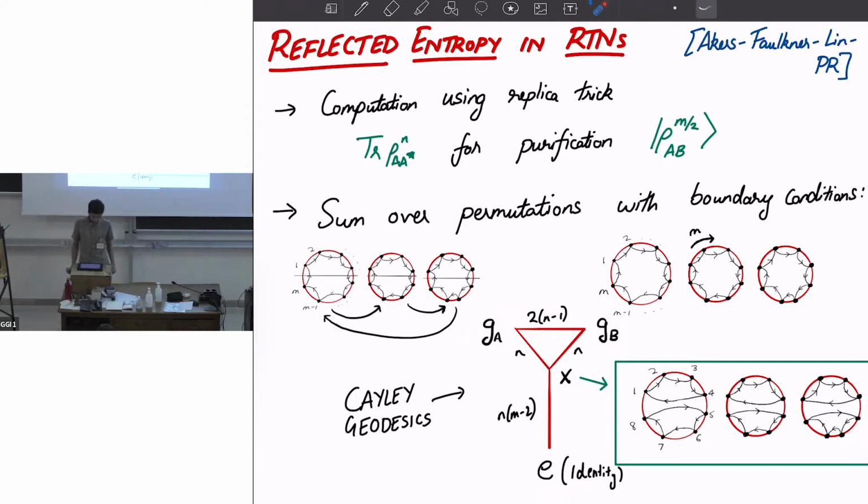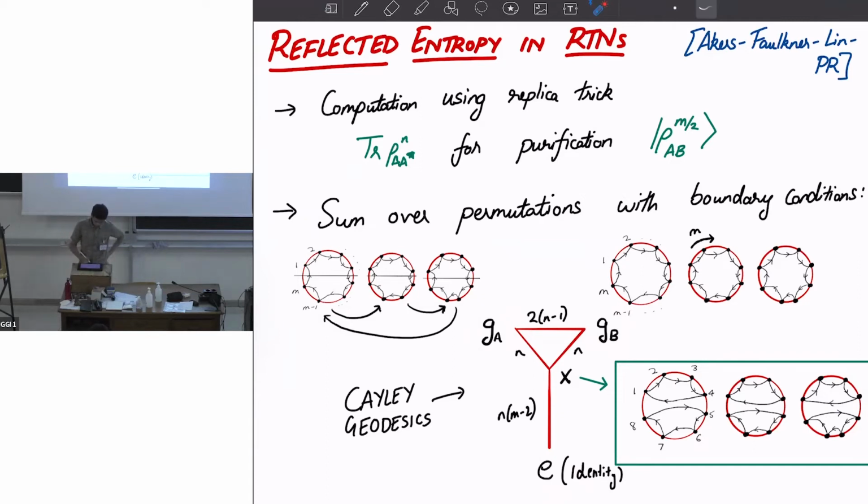The structure of the permutation group helps you classify it. There's a distance measure that you can have on the set of permutations, which is called the Cayley distance. The Cayley distance is essentially the number of swaps that you need to go from any particular permutation to another one, and so you can classify the relevant permutations by looking at the structure of the Cayley diagram. And the structure is as follows.